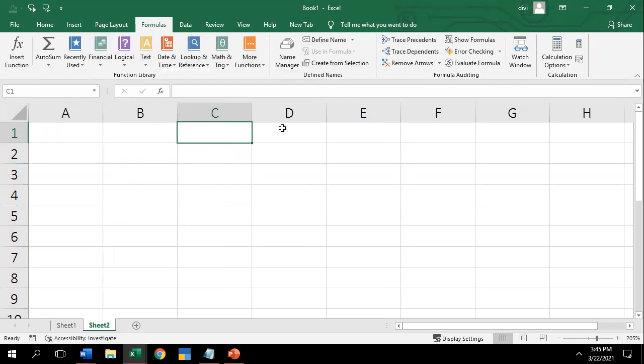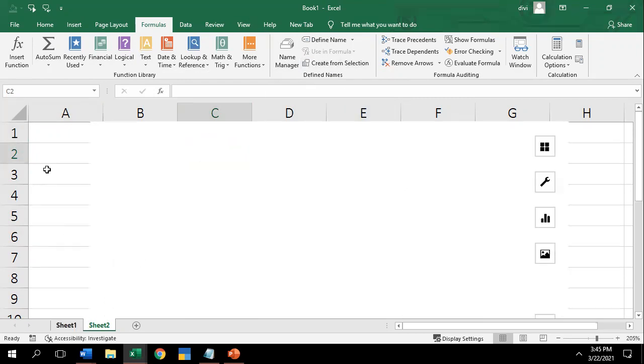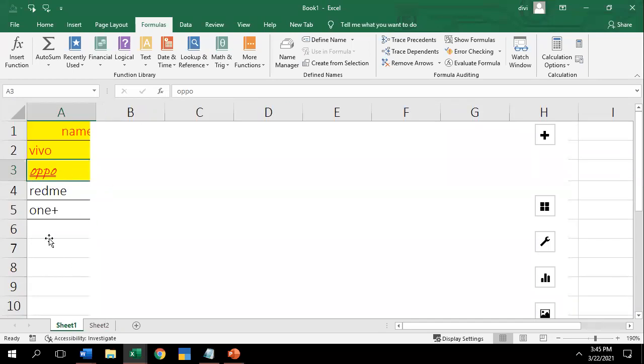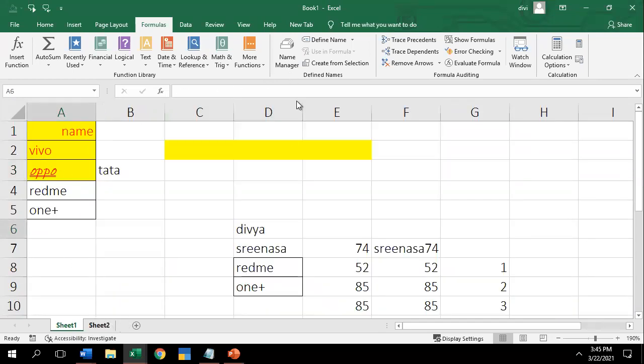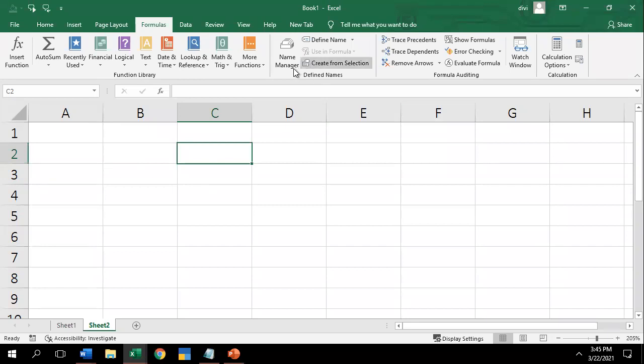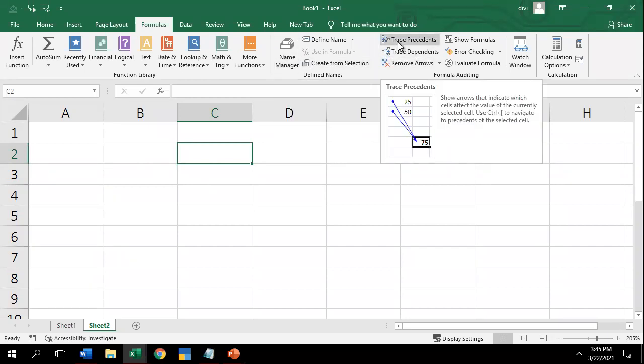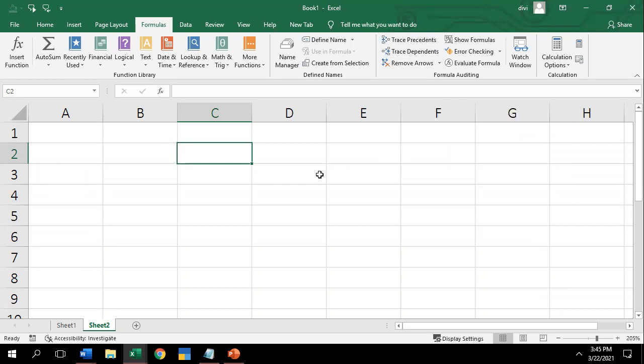And if you come to the name manager, what you have calculated, or the data you calculate, should not be presented by the cell address. If you want it defined by a cell header, you can go to the name manager. And what you have calculated, if you want to trace that hierarchy, it will be presented by trace dependents and trace precedents.